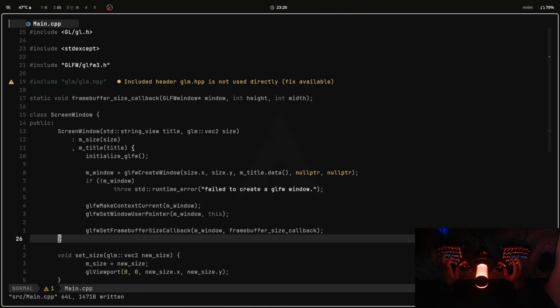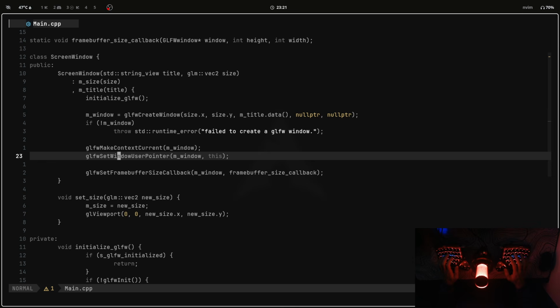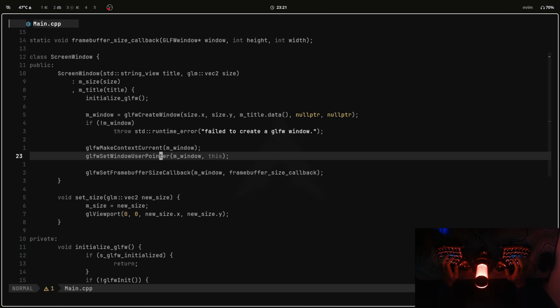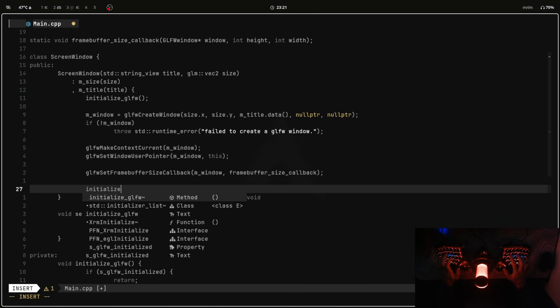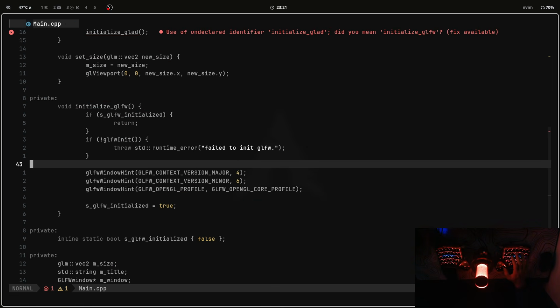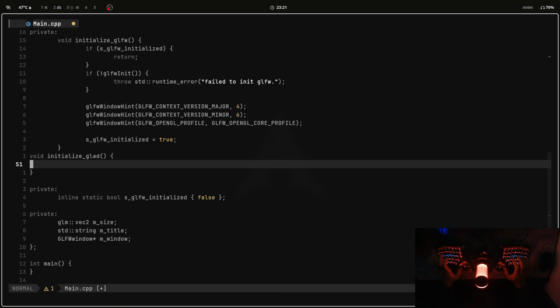But to call these functions like GL viewport and stuff like that, we still have to initialize GLAD, such that the loaders of OpenGL are loaded. So what we'll do in here is, after setting the context and stuff like that, we can initialize GLAD. So let's call a function called initialize GLAD, and we'll still have to define it in here. Void initialize GLAD, and what we'll do in here is we'll say if not